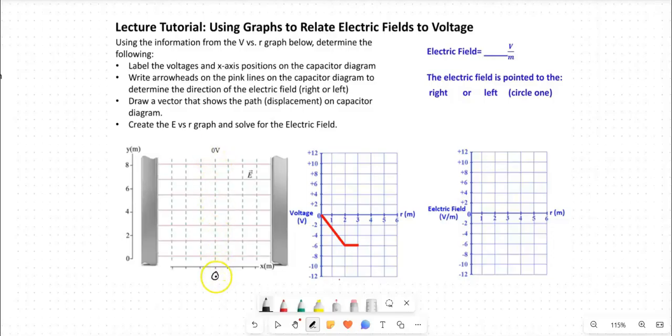That's the 0 volts, 0 meters. And it's going to be moving to the right. And when it hits 2 meters, so I'm going to just count 1, 2. I guess I should mark that. It's at negative 6. And it looks like it's crossing negative 2, negative 4. So I'm going to say this is negative 2 volts, negative 4 volts,